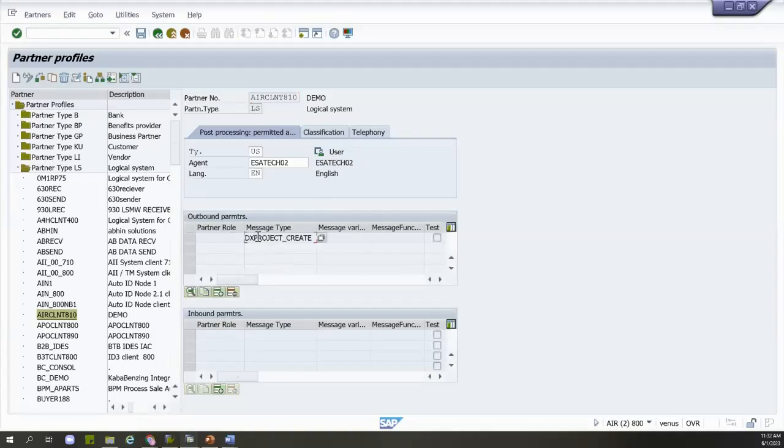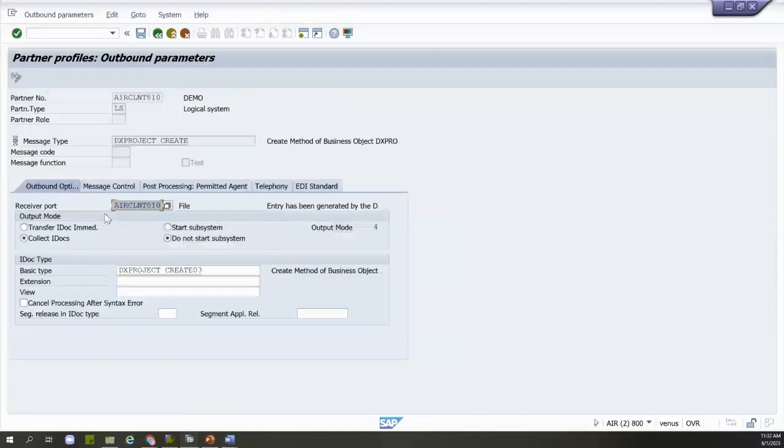Yeah, so this is that message type which we will be setting. And if you see this, this is the basic type which has been created for sending that outbound IDOC. These are the two modes of the outbound IDOC. Either you can send immediately each time the user performs send message, or collect IDOCs in queue, or you can